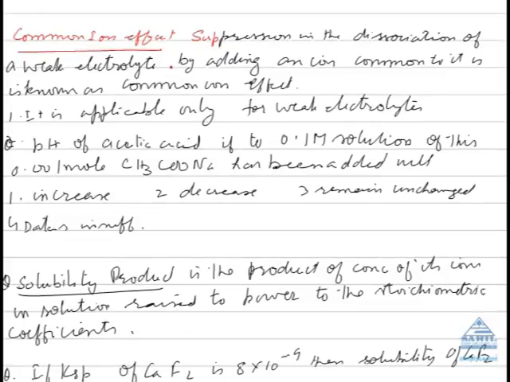Common ion effect. Suppression in the dissociation of a weak electrolyte by adding an ion common to it is known as common ion effect. Dear students, common ion effect is nothing but the application of Le Chatelier principle. We have seen in Le Chatelier principle that if the concentration of the product is increased, then